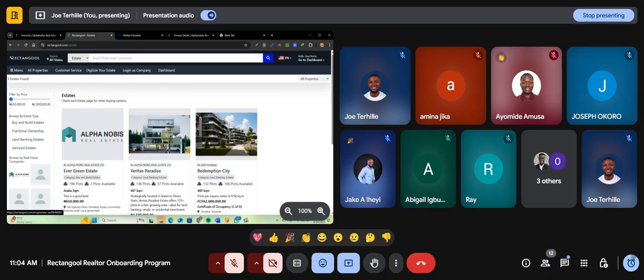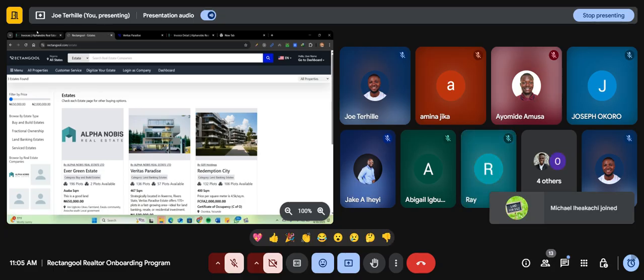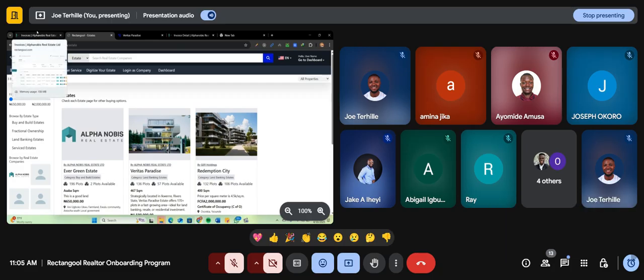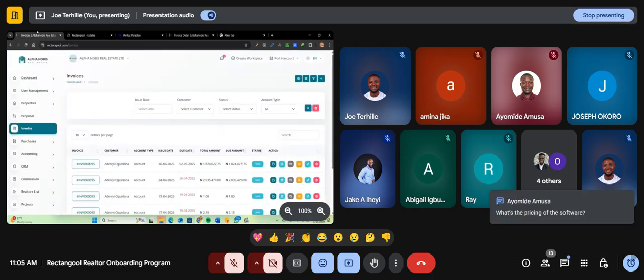But you can be sure that you are not the only one working on your sales anymore. We also partner with you, with our brokerage firm, to work on your sales. So that is how our platform helps you to increase sales. Now, when it comes to management of sales related operations, Rectangle does not just digitize your estate for you. Another thing that Rectangle does is give you tools that you can use to manage your sales related operations